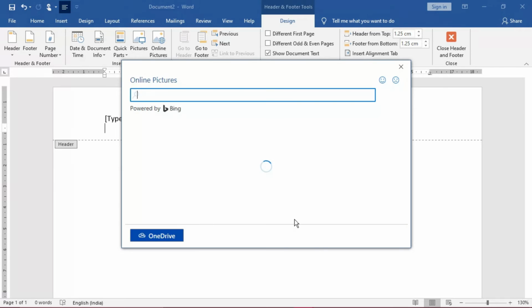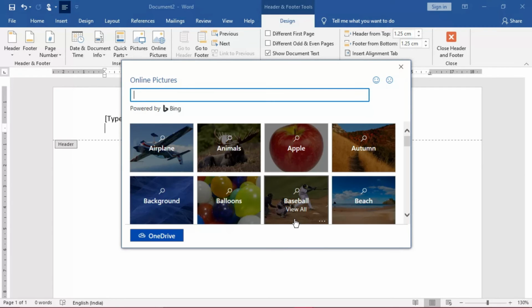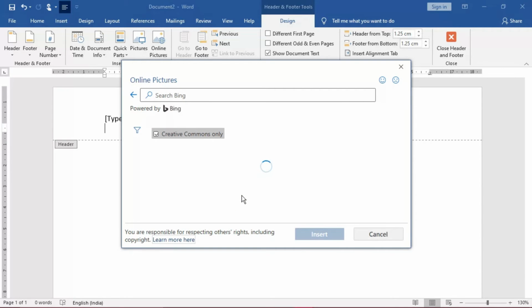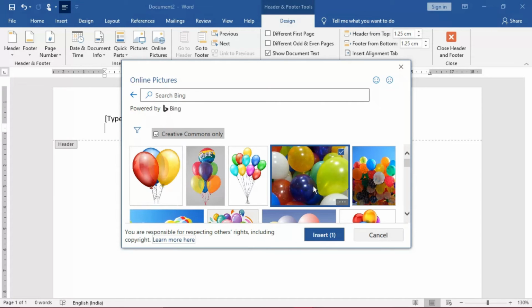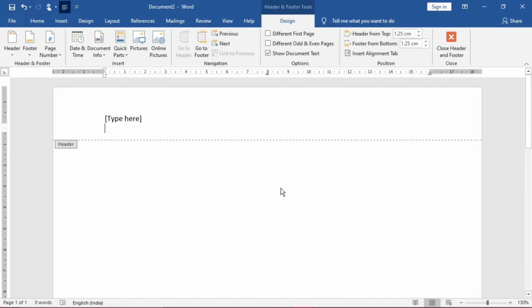So what will happen? If the internet is connected, it should connect to your system, and a lot of things are appearing out here. Say I will take this one. So it is appearing now, a lot of things coming, balloons and all. Suppose this one I insert as heading, and this one I will click out here, and then I will insert out here. All right, clear?